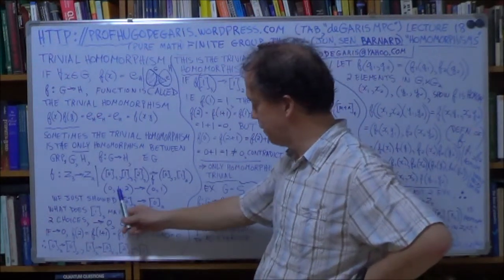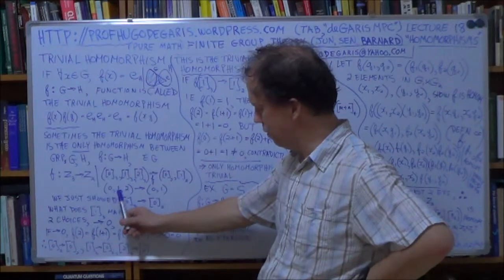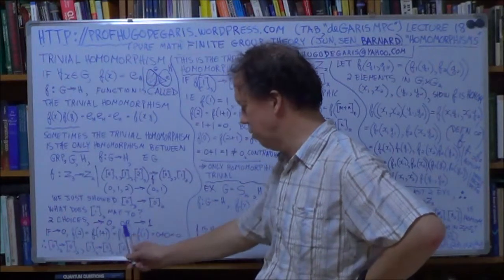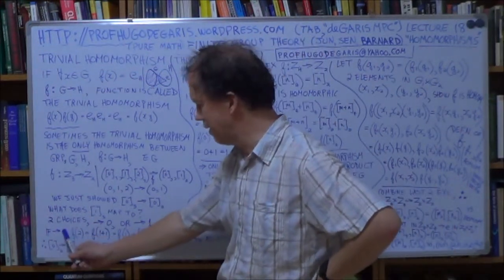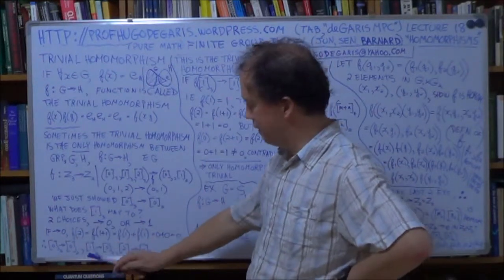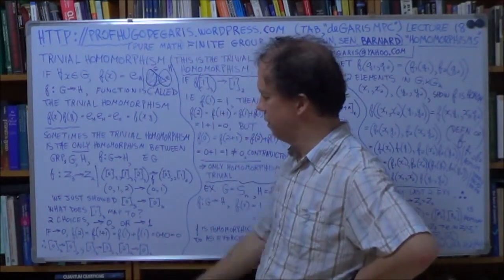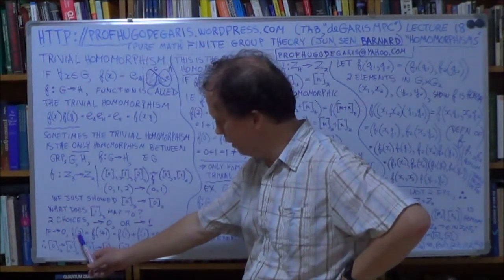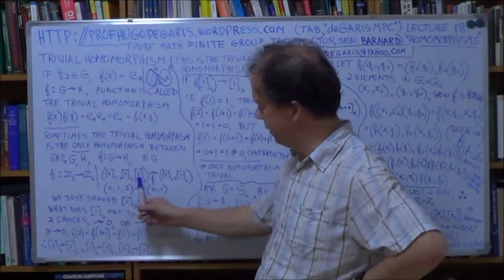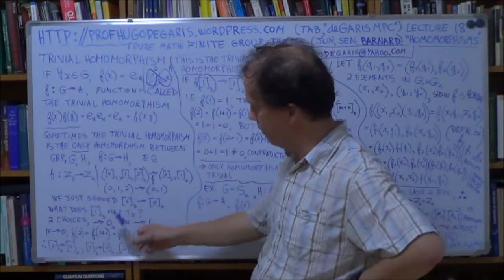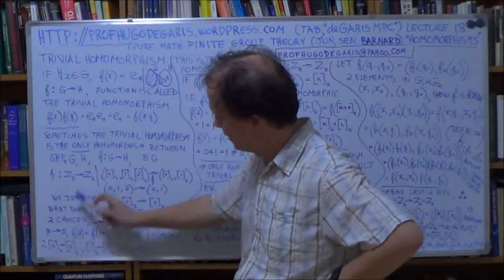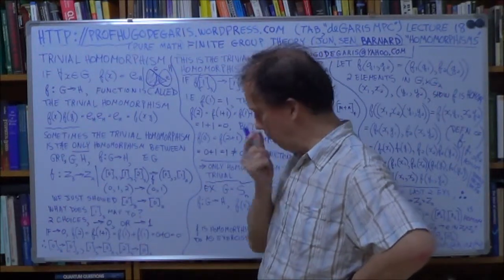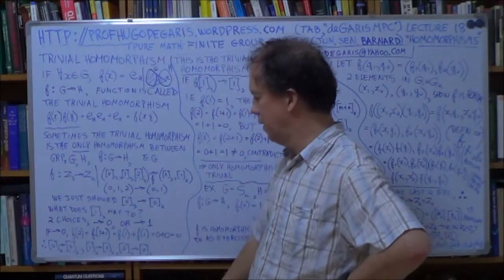So let's take the first case, that 1 in Z3 maps into 0. So we have two choices: it maps to 0 or it maps to 1. Let's say it maps to 0. Now, f of 2, we're using integer notation, the shorthand. If you want to translate that back, this 2 here would be this, because we're mapping some element from Z3 into some element of Z2. So f of 2, now